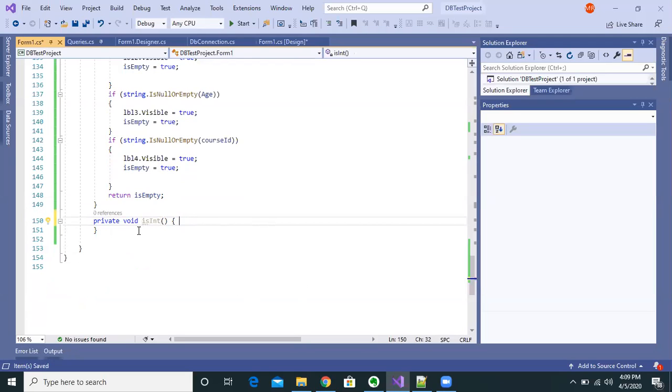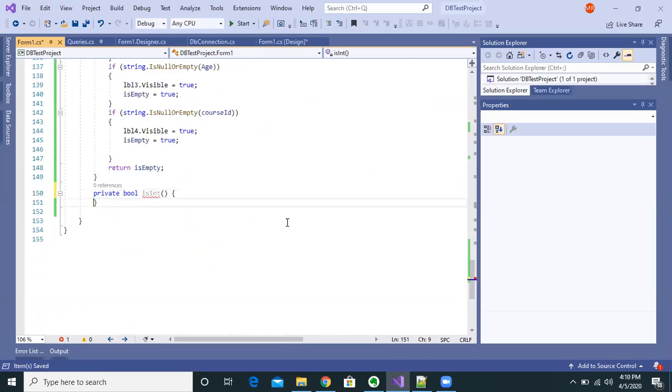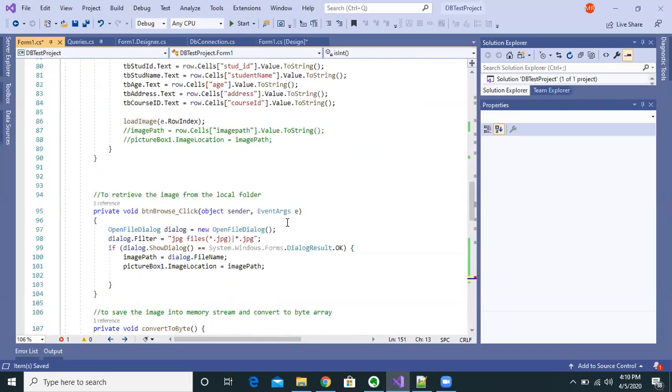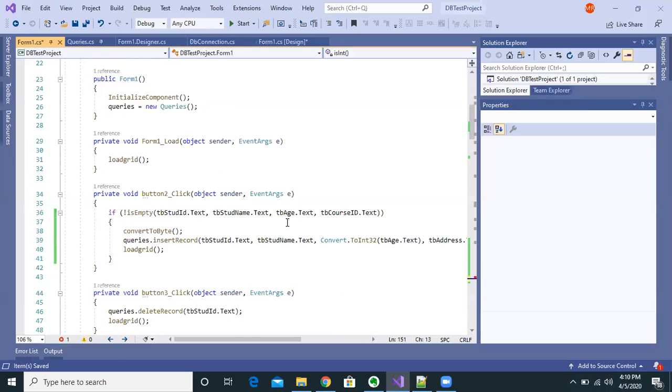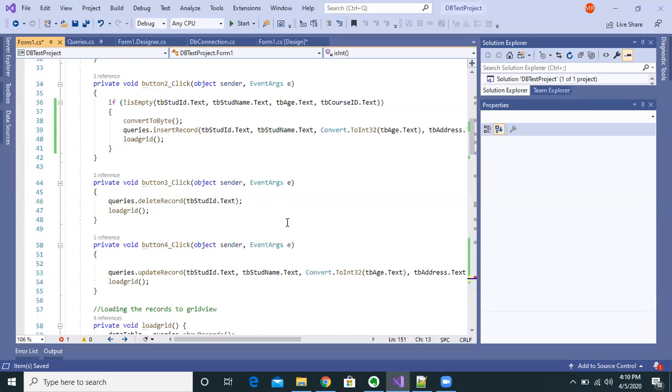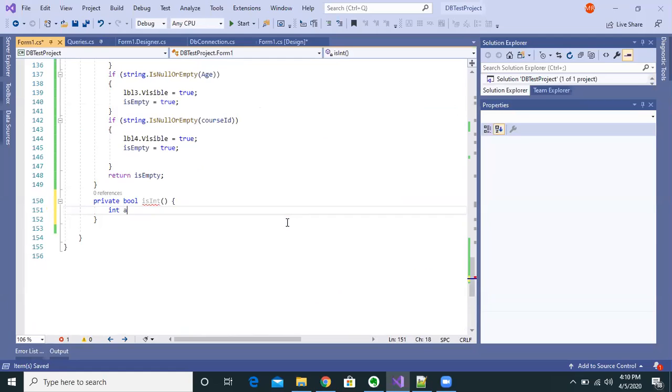So private bool, and I'm checking int. I'm creating a temporary variable int age, and